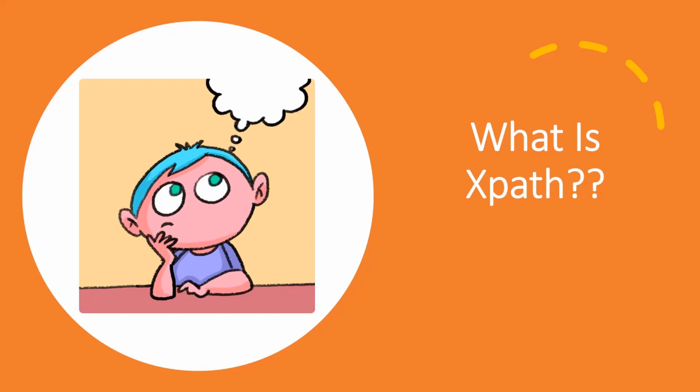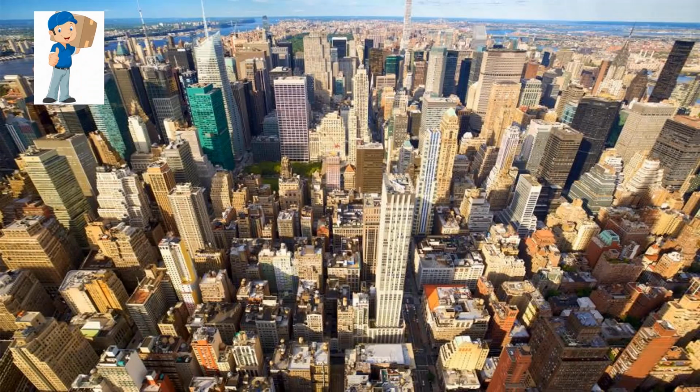Before going to what is XPath, let's see this example. In this example, there is one city and there is one courier boy, and this courier boy wants to deliver one parcel to one specific home or to one person. To deliver that parcel, what does he need? An address. Suppose he has only the city name, can he deliver the parcel? No. With the city name he will get millions of names, meaning people living in that city. So how will he know to whom he should deliver the parcel? For that he needs a unique address which refers to only one person.